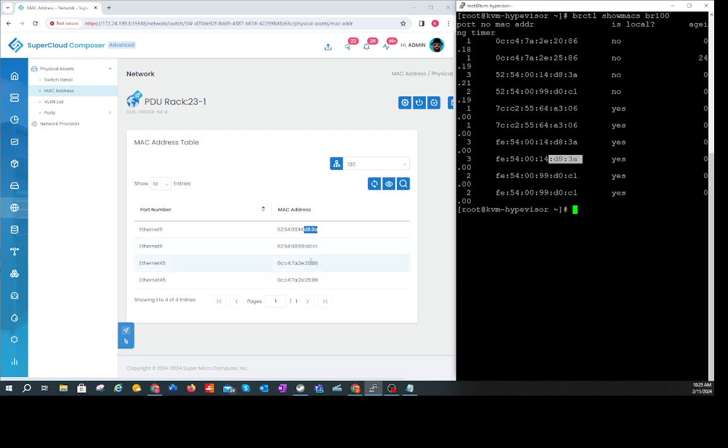So let's look at another one. This other one here is D0C1. We also see it in the bridge table, right? So what is D0C1? D0C1 is